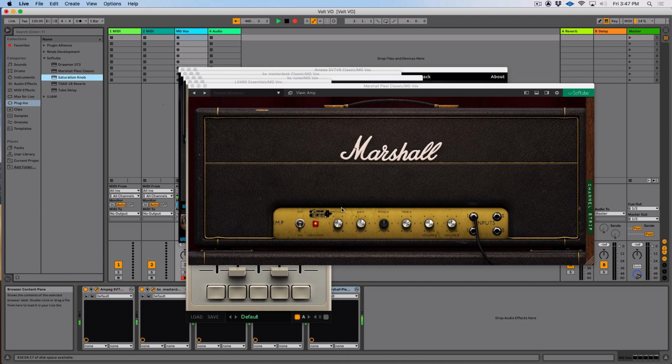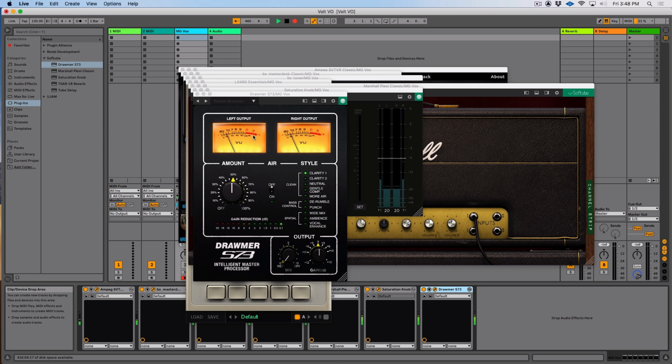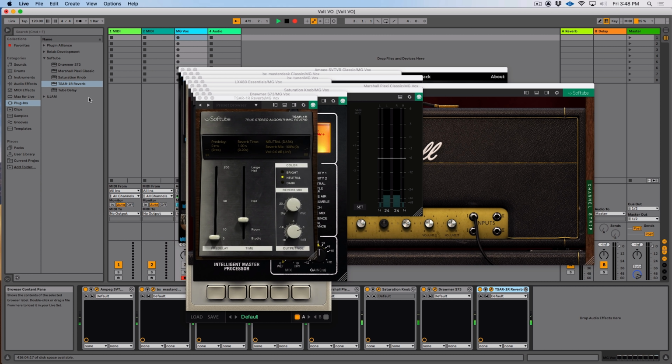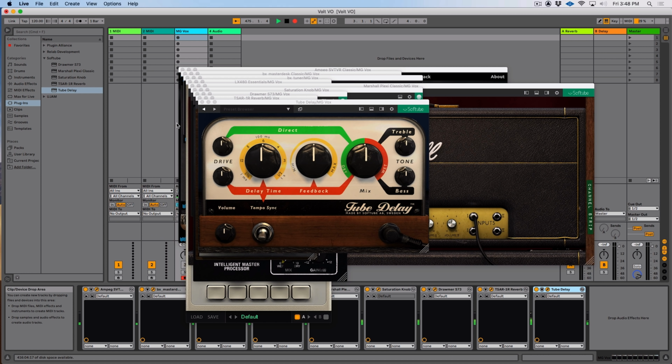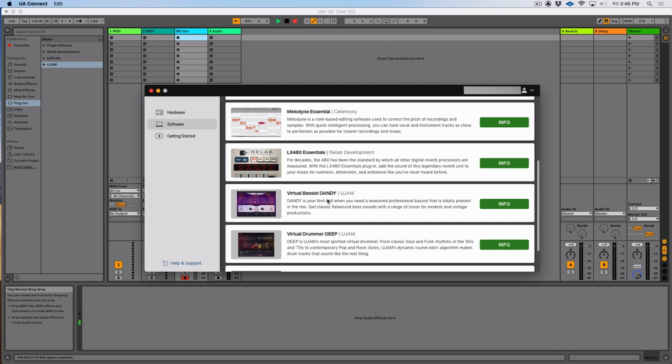We also get the saturation knob for adding some nice harmonic distortion to our tracks. We get the Drummer S73. The S73 is an intelligent mastering processor that'll add that final sheen on your mixes. We get a reverb, and we also get a tube delay. Melodyne Essential from Celemony, Virtual Bassist Dandy from UJam,